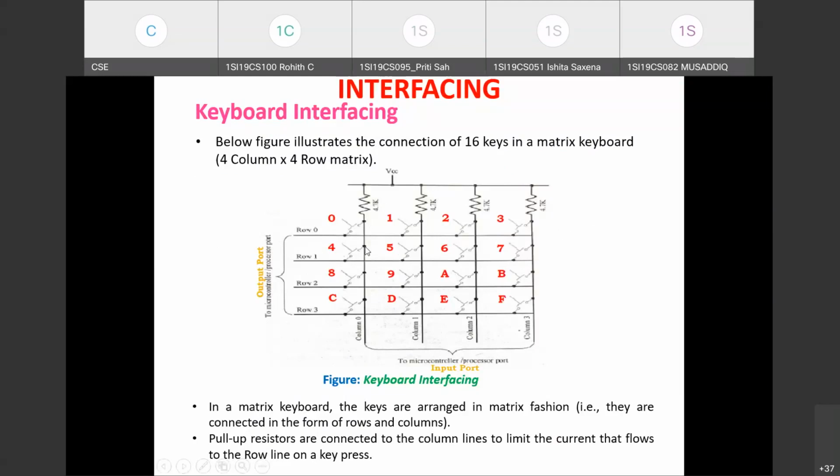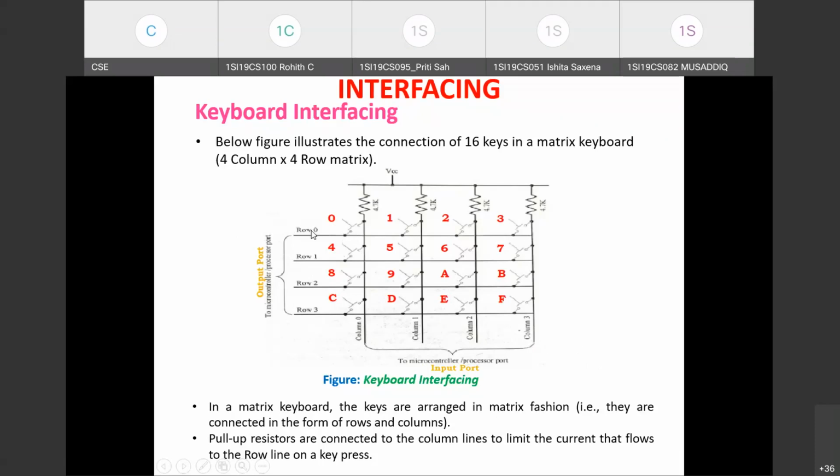So to see the difference, we are scanning the keyboard row-wise. First, we'll send 0 on row 0, and the rest of the row values will be 1. Only the row 0 value will be 0, and we'll read the column status through the input port pins. If a particular column value is 0, we can infer that a key is pressed in that row. If you find that all the column line values are ones after sending 0 on row 0, what is the next step?